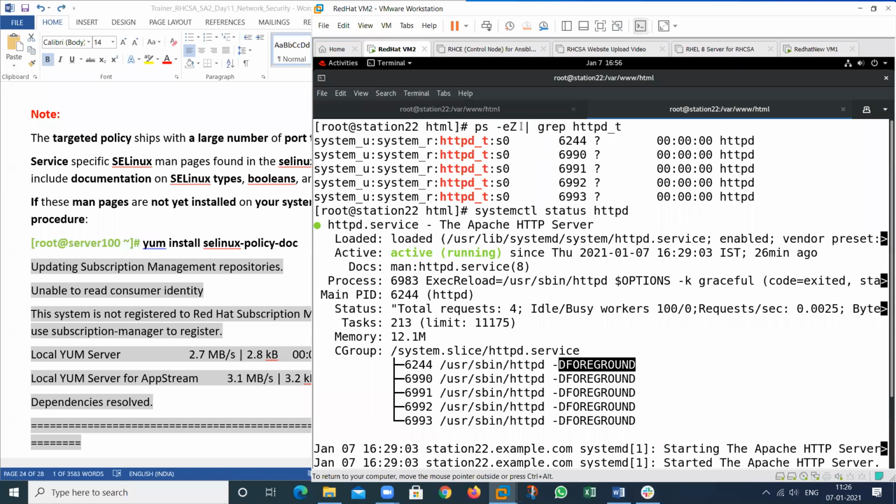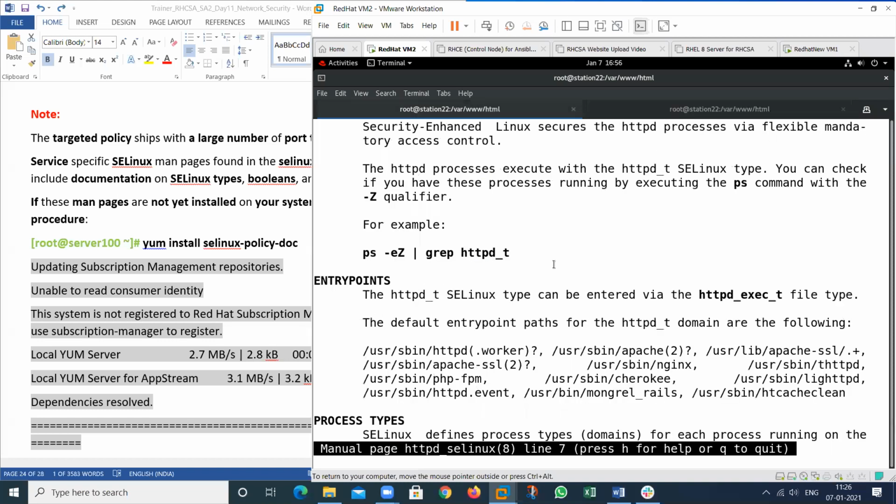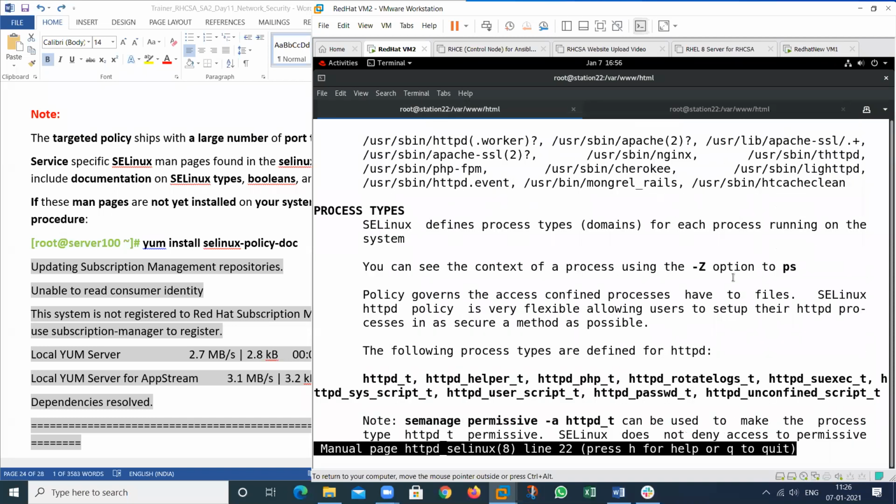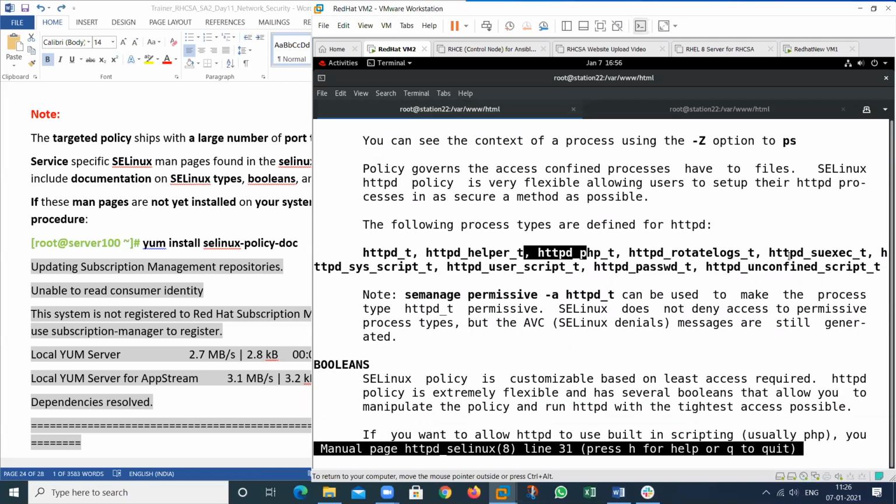And what is the SE Linux context of these? This is the SE Linux context. You can check it by using this particular command. And if you want to check the execution information, these are the contexts: helper, HTTPD. I have changed one, and that is for permissive only.